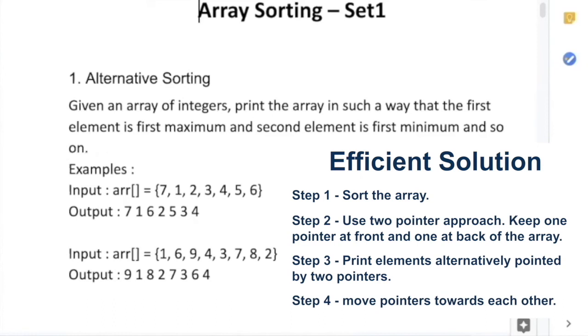Manoj, your approach was right, but that is a brute force way of doing it. So we can always optimize it. What we do is that we sort the array first, and then you take the last element of the array, which will be the largest, and then take the first element. So it will be the smallest. Then you take the second last element, and you take the second element. Then you take the third last element, and you take the third element. Then you take the fourth last, and then you take the fourth element, and you keep on doing like this once you have iterated through the complete array. So this will alternatively sort your array in n log n time. Is it fine? Yes, sir.